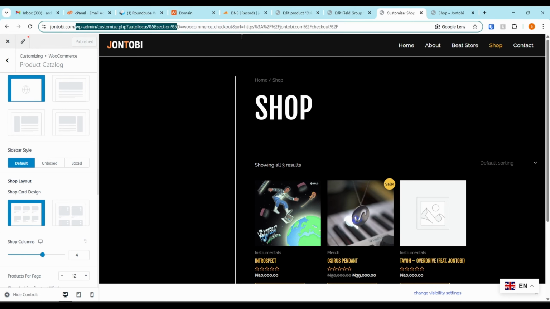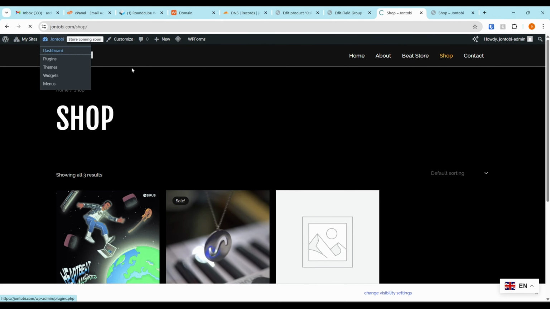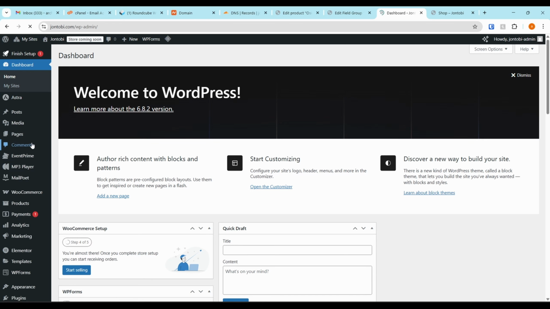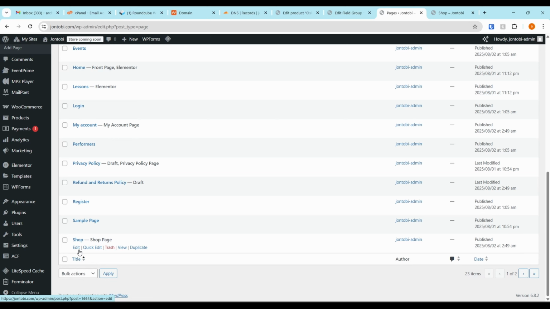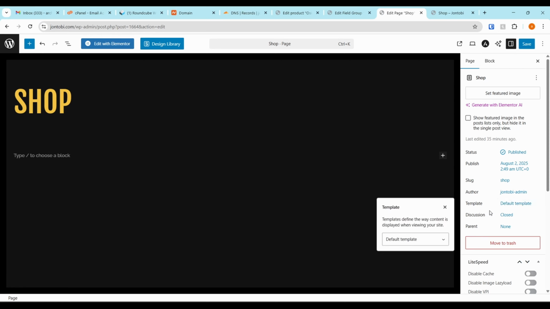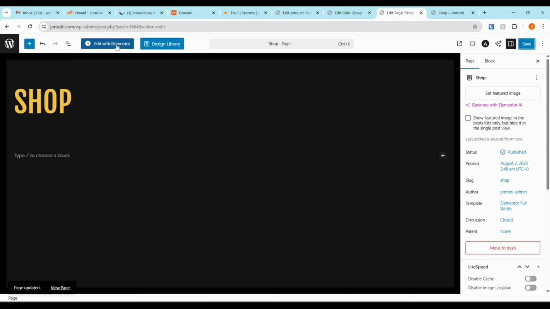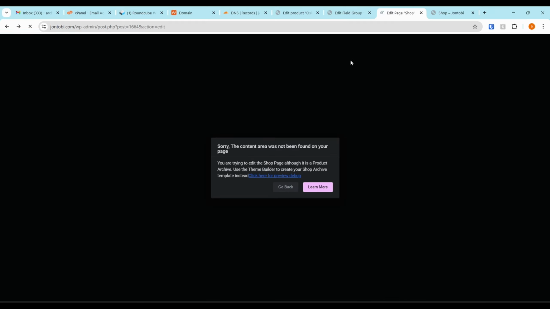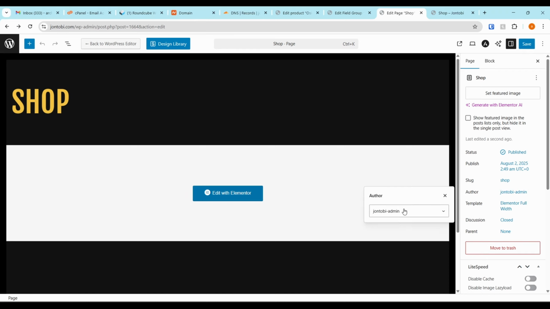So let's go back to the website. Let's go to our shop. Let's go to dashboard. Let's go to pages. Then let's look for shop. And I'm going to edit this. So we'll change the template type to Elementor full width, and I'll save this. Edit with Elementor. Let's go back. We need to change the default shop page for WooCommerce to be able to edit this page. Let's change this back to default template,